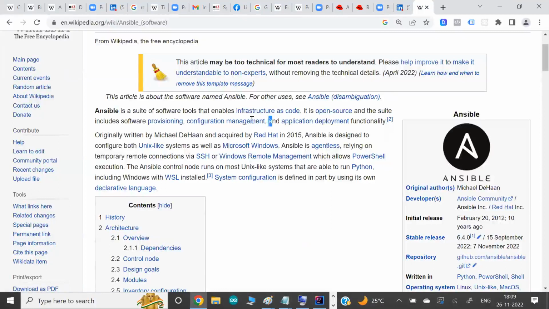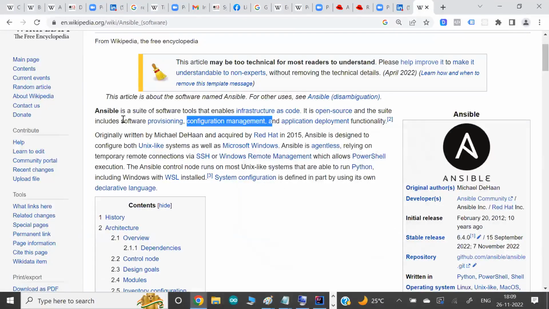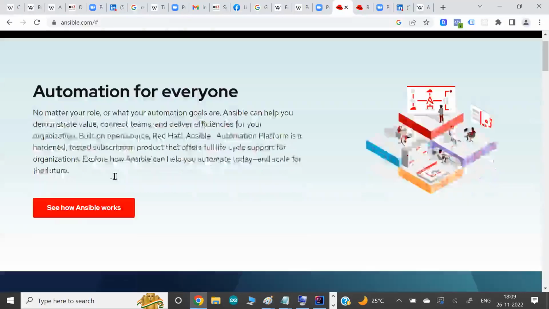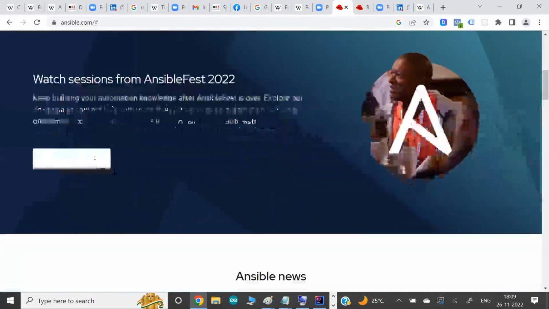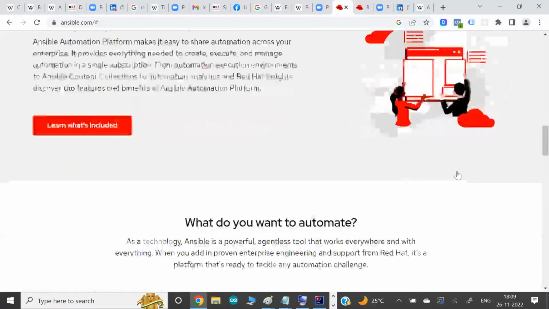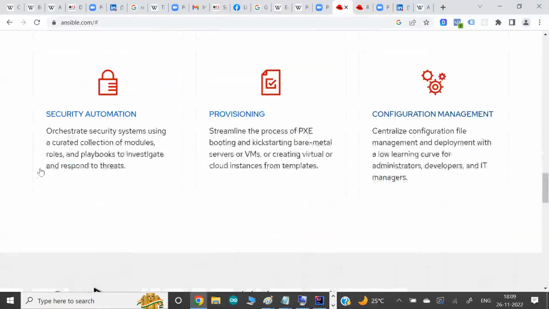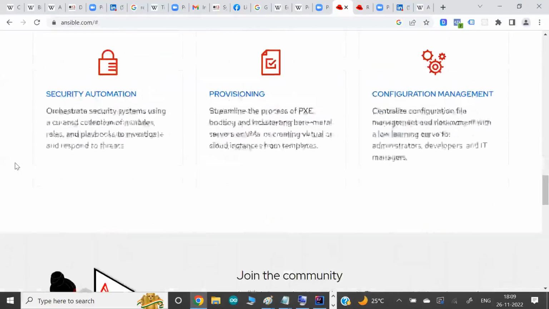But now a lot more facilities have been added in the Ansible world. If you go to the official website of Ansible, you will see a lot more facilities added. Config management is the core part, but from provisioning to network, edge automation, cloud automation, hybrid automation, all the things come up.